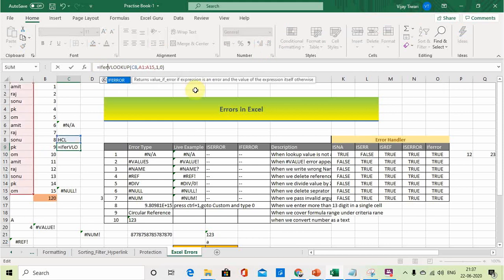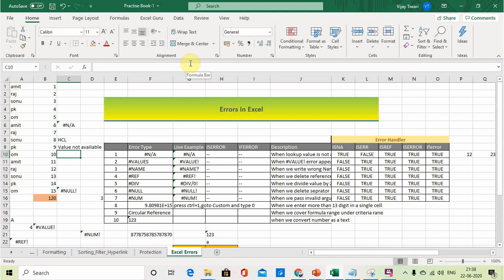In that case you can apply IFERROR, and if an error is coming, what do you want to represent? You want to represent it like this: value not available. If this comment you want to give, that if the value is not available, then rather than #N/A coming, it should say value not available.